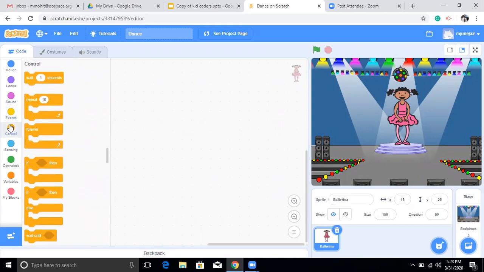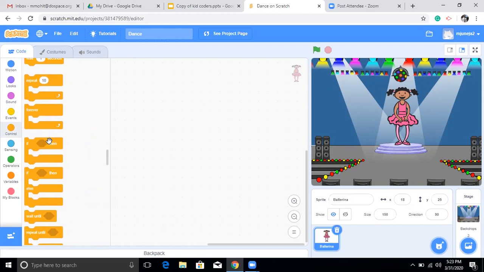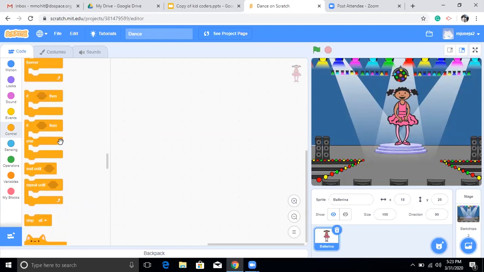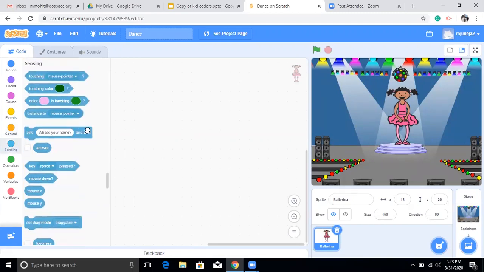And then control is if you want to have a bigger code like if and else and forever repeat, if you want to repeat some motion for your character or the backdrop, and if you want to wait for a few seconds and all those things, those come in control. Sensing, we have a few things in sensing too. If you want to have different colors, if you want to have touching the mouse pointer,